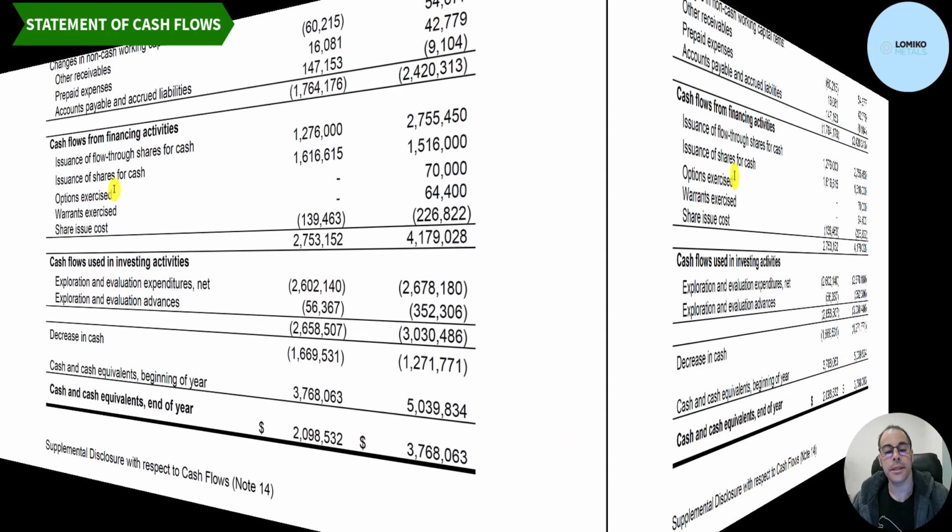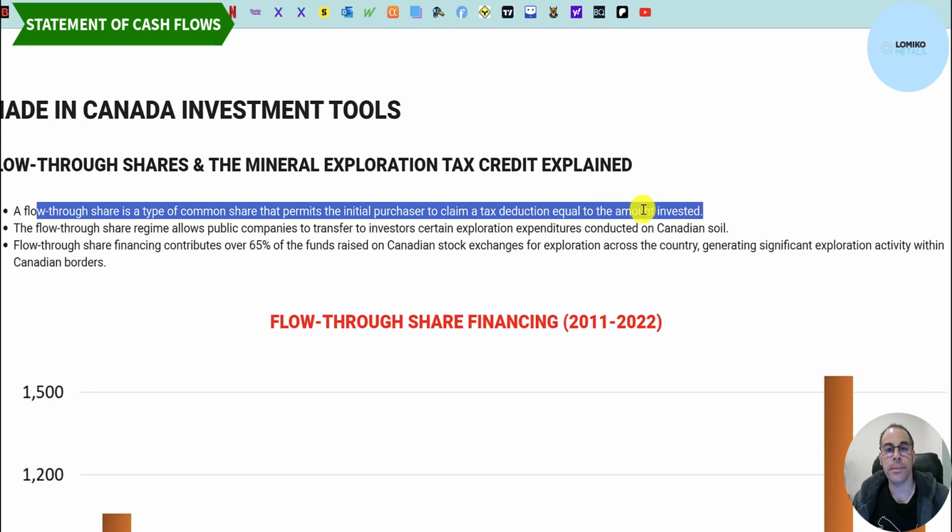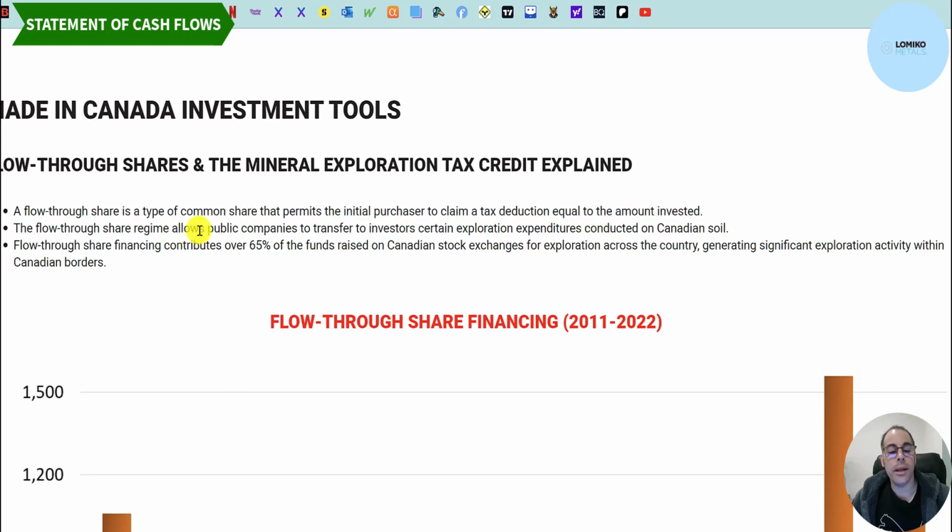of shares. A flow-through share is a type of common share that allows the purchaser to claim a tax deduction equal to the entire amount invested. So the person buying the stock from this company can get a total tax write-off. A flow-through share allows Lomiko to transfer certain expenses onto the investor. So the investor doesn't actually pay the expenses, but they do have to deduct it from their cost basis on